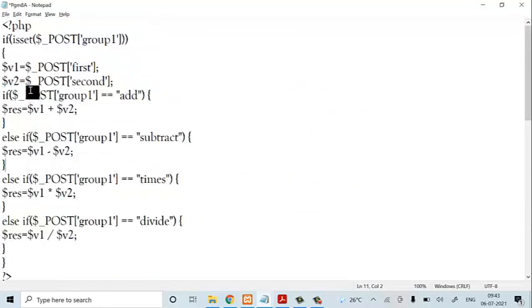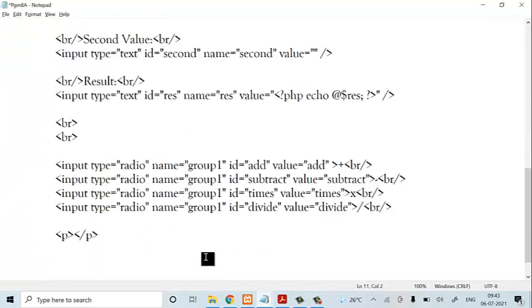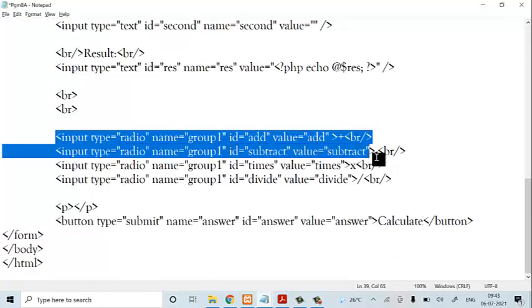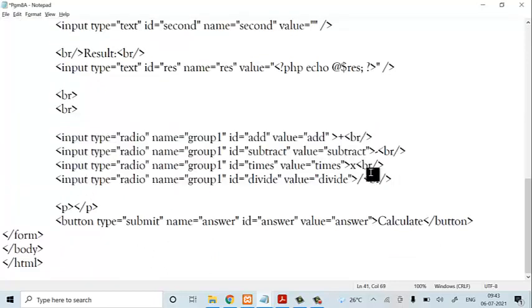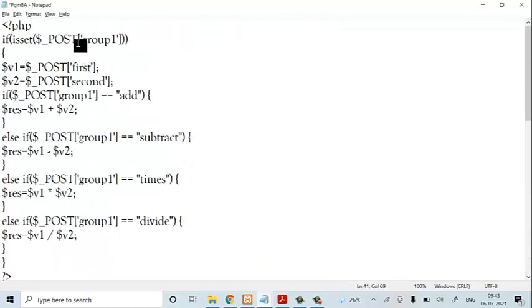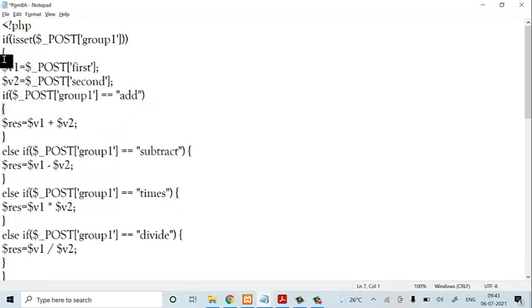So now what I have done here, if isset of $_POST of group 1, in the sense if we have set any one operation, like if we have selected add or subtract or multiplication or division, we come into this part. If it is set, it will enter into this particular part. Now, isset of $_POST of group 1 must and should be set to either add, mul, div or subtract. So if it is set, we are going to extract the values